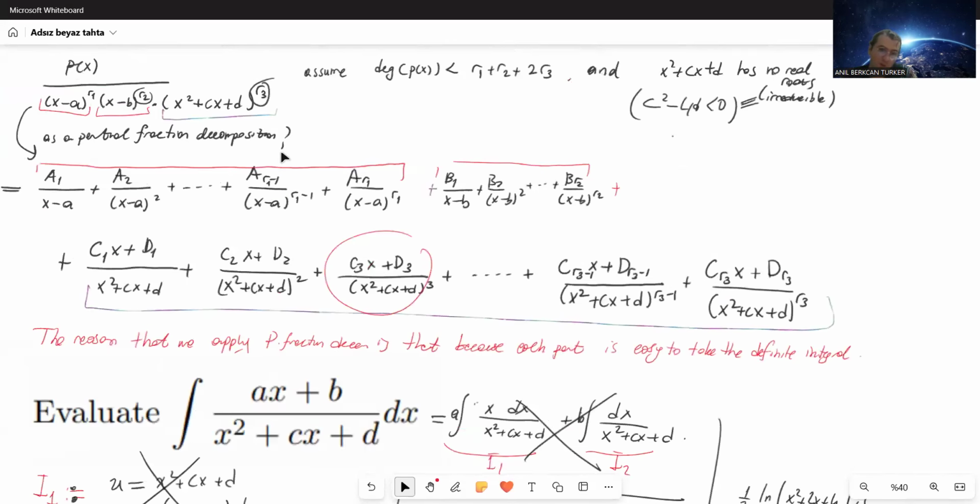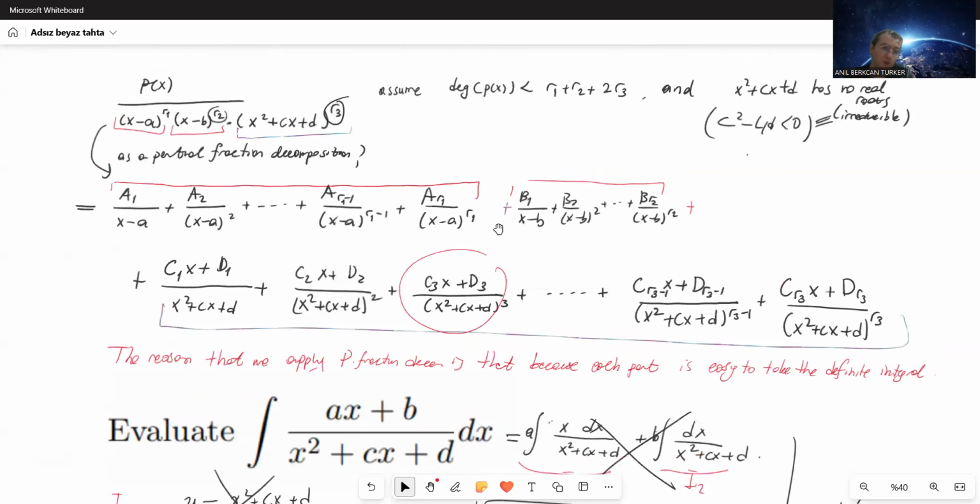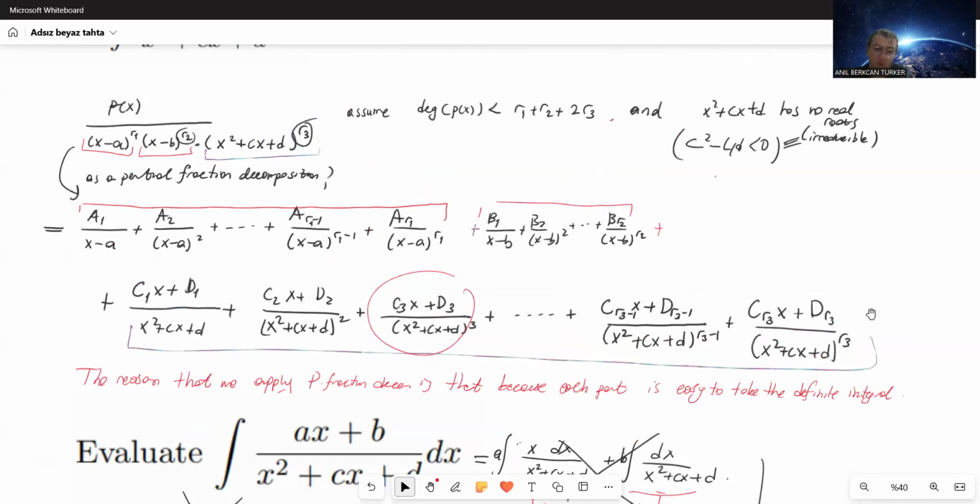We have already talked about how the linear terms are solvable, right? So we have now shown that each part of this partial fraction decomposition is integrable in closed form. So when you have some partial fraction decomposition, every part, everything